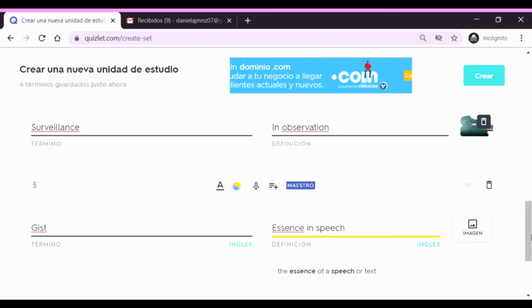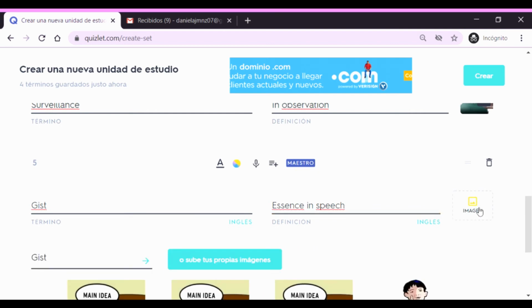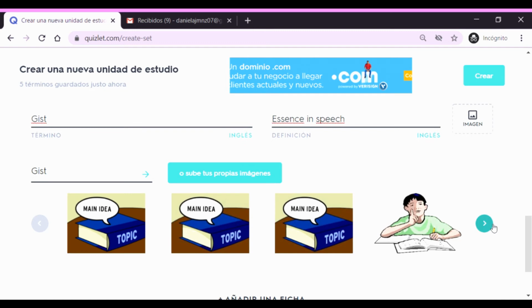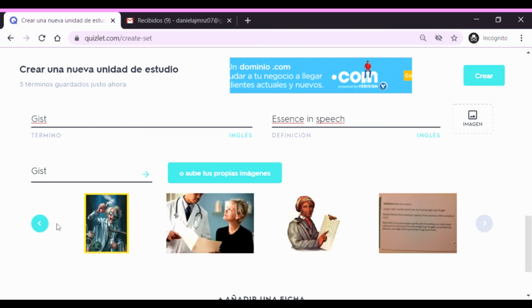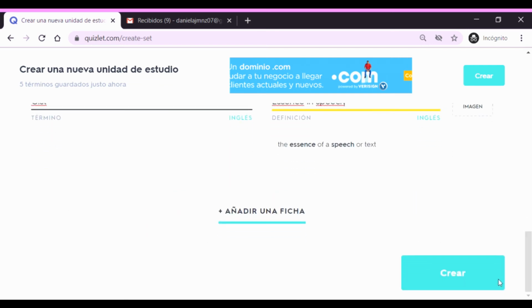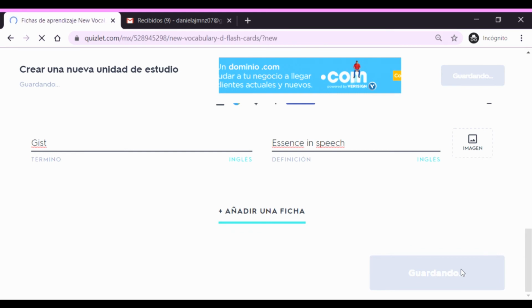Okay, and I'm just going to do something like this and add a picture. For example, in this case, I think I'm not going to choose any of these pictures. And let me tell you guys that is completely okay, because at the end of the day, you're going to personalize this the way you prefer it. So once you finish, you can just click in crear and it will save